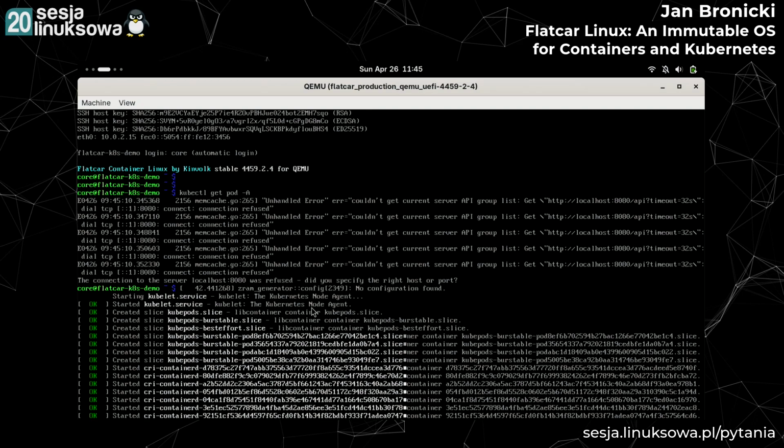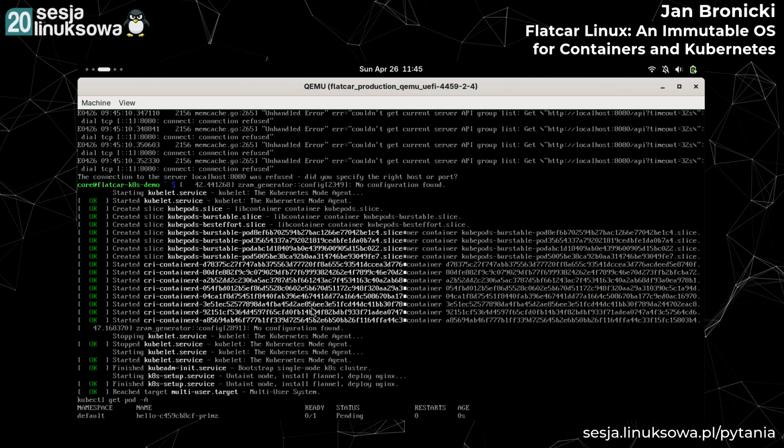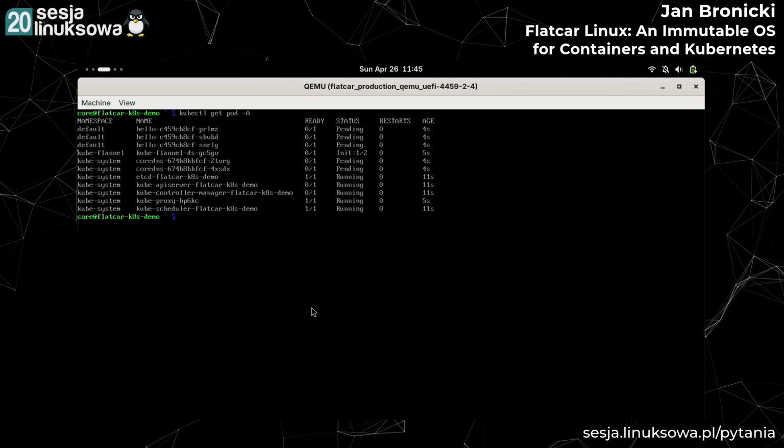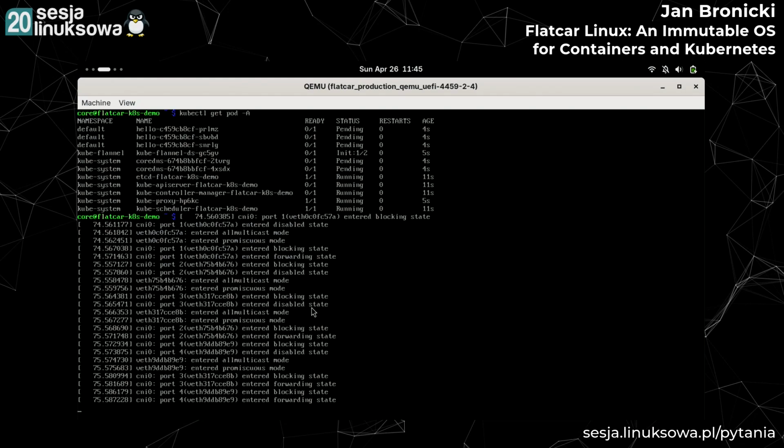Okay. So we can see that all of the systemd unit additions that we did worked. So during the first boot, these files essentially with that configuration were added to the system. And on the first boot, it read that and executed these kubectl commands of spinning up a few hello world